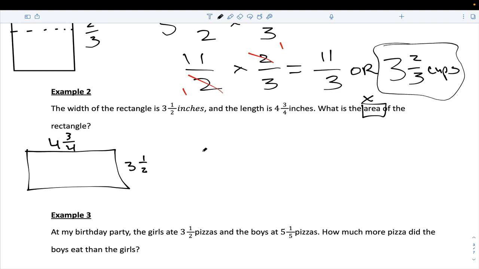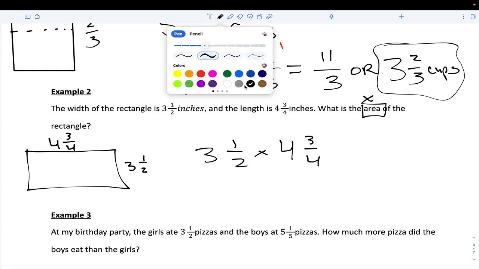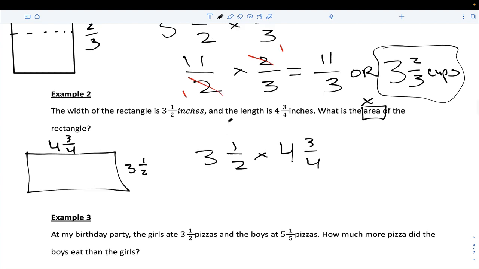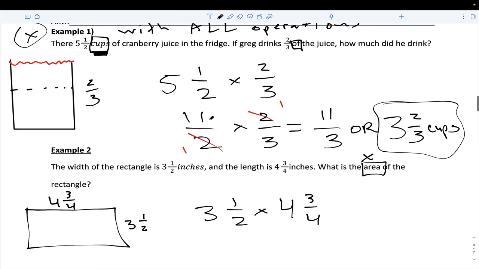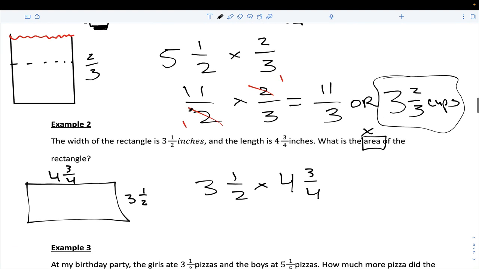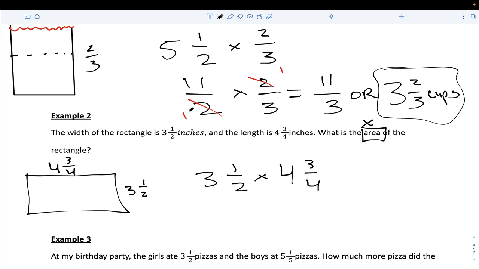So let's multiply it and set it up. 3 1/2 times 4 3/4. What do I do to both numbers, Tristan? What do I have to do to multiply if they're in mixed number form? What did I change 5 1/2 into? I multiplied something by 2, and then I added 1. This is called an improper fraction. What do I change the mixed number into, Tristan? An improper